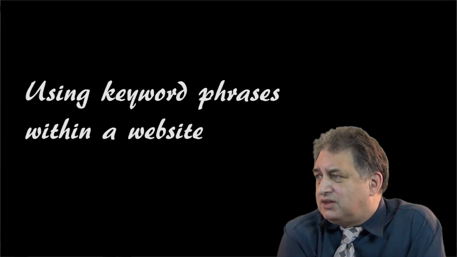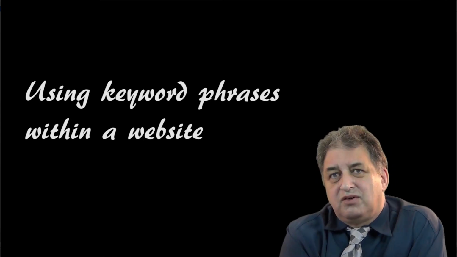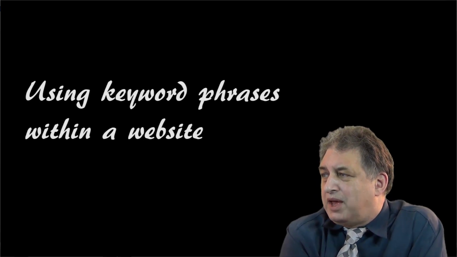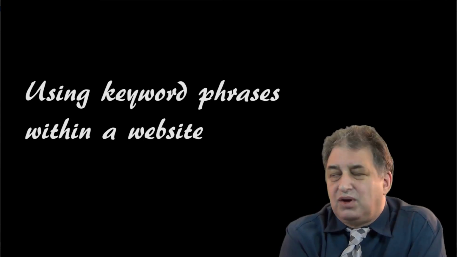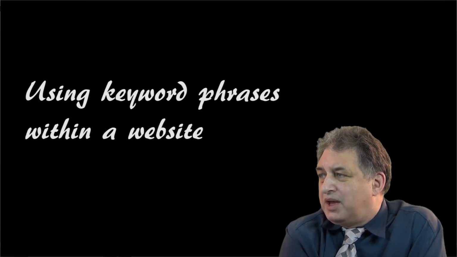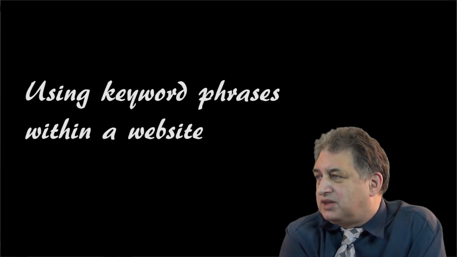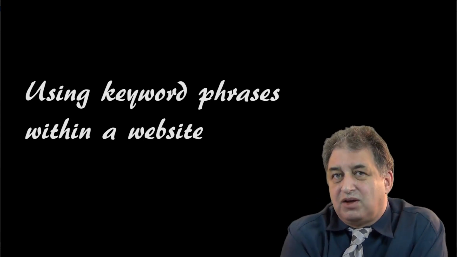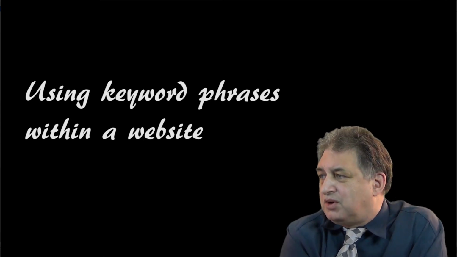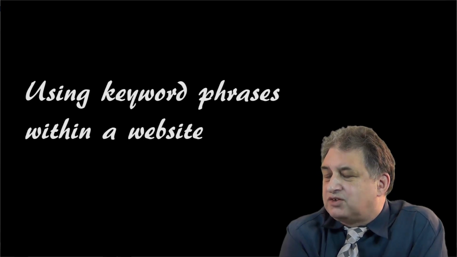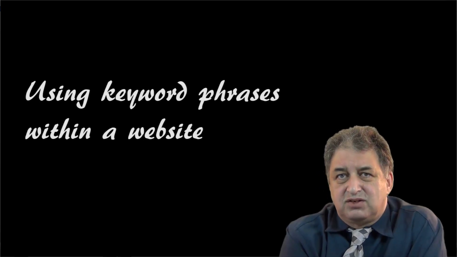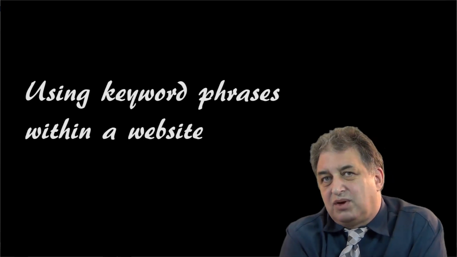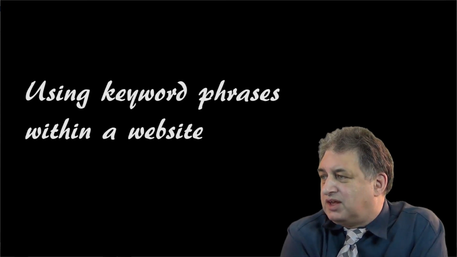Now, there's various areas in which you can insert the keywords apart from just simply in your text. So, for instance, in the web page title, you can put your keywords in there. In the web page description, you can put your keywords in there. There are things called headers, which are basic ways of marking text on your pages. You can put your keywords in those. There's something else called alt tags, or alternative text, which basically are a list of keywords hidden behind your images. You can put those in there.